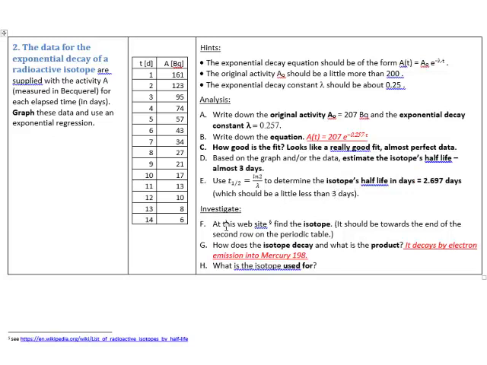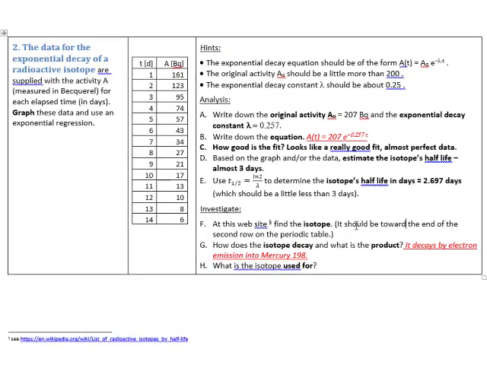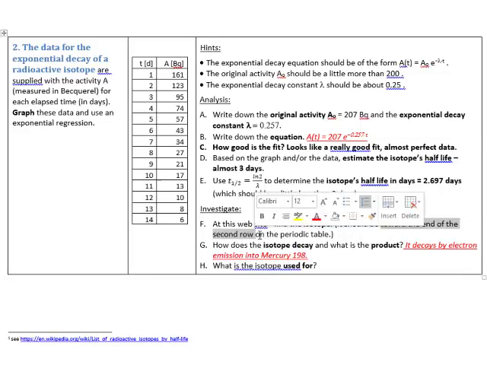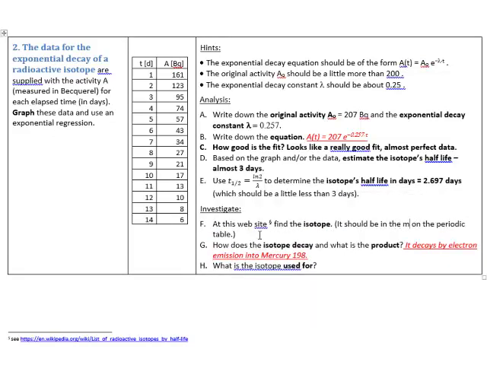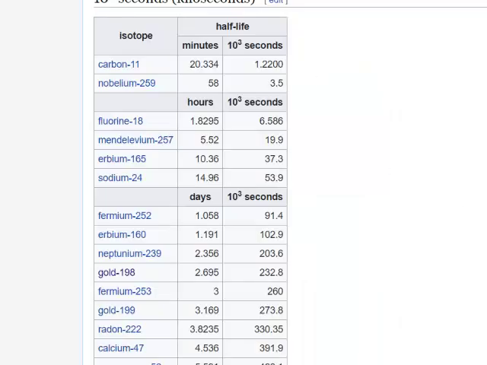At this website, this one down here, find the isotope. So we're going to look at that. It should be toward, well, I don't know about that, toward the end of the second row. Yeah, that actually should be here. It should be kind of in the middle of the periodic table, which is not what we're going to look at, but if you look at one, you will notice that it's kind of in the middle once we look it up. So we're going to look at 2.697 days. Actually, here is a periodic table. We're kind of in the middle here. I had to fix that because,